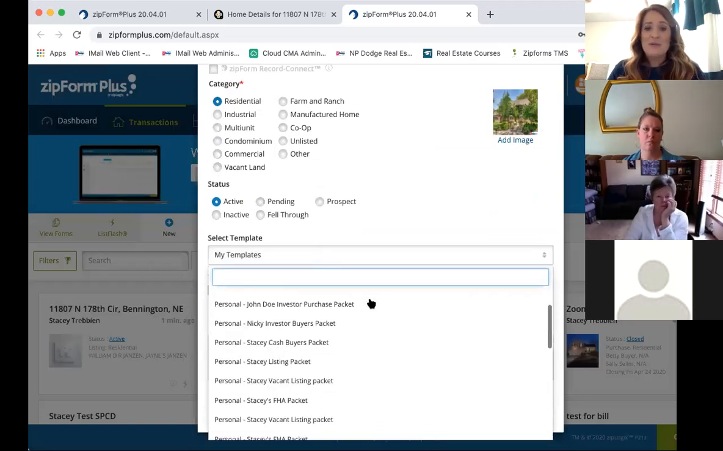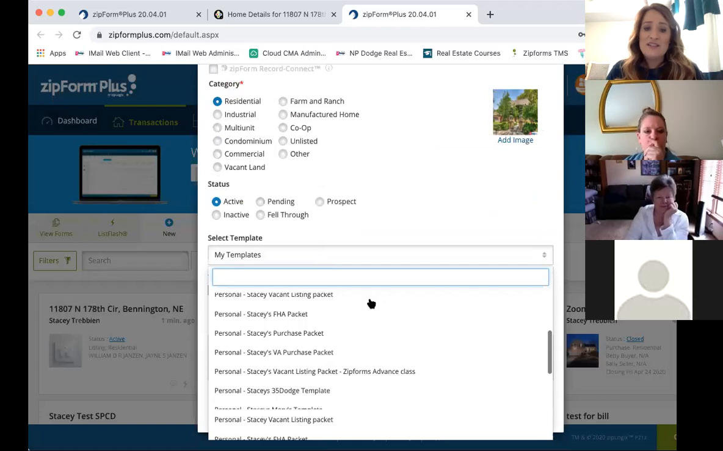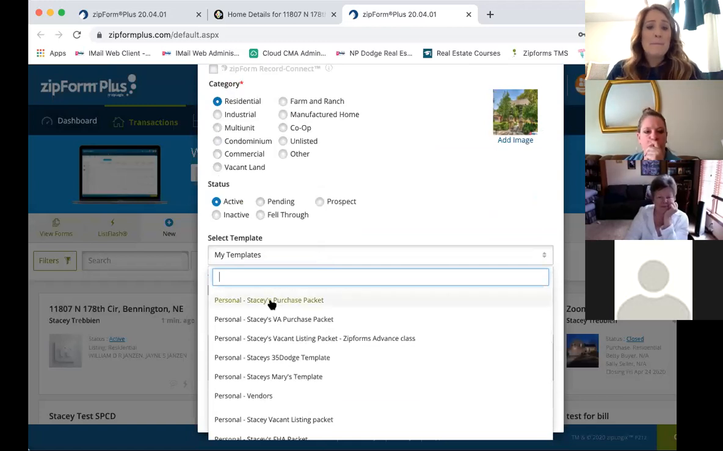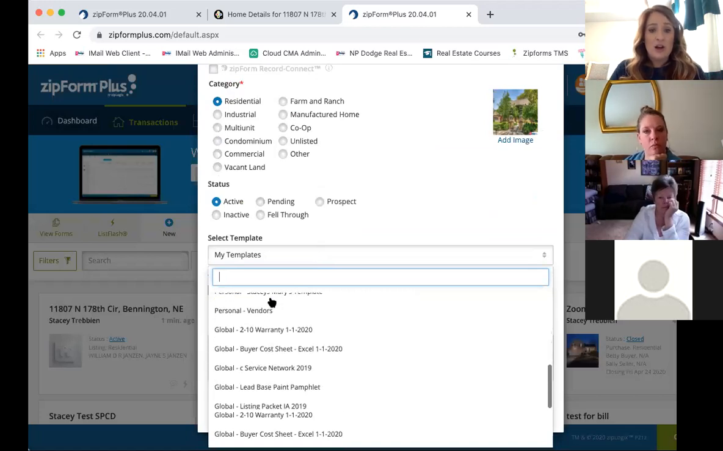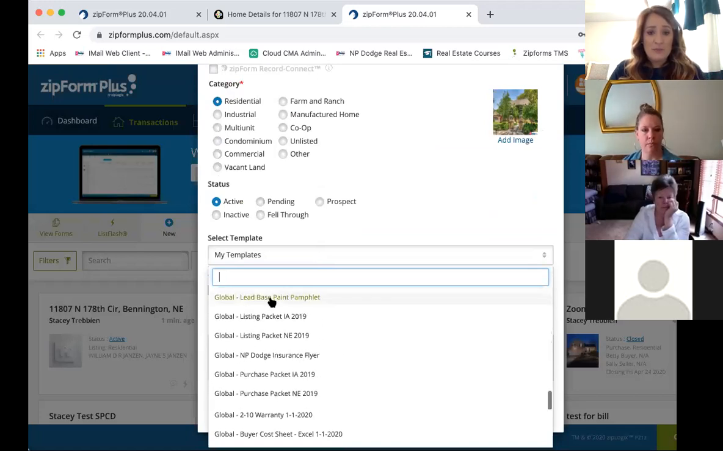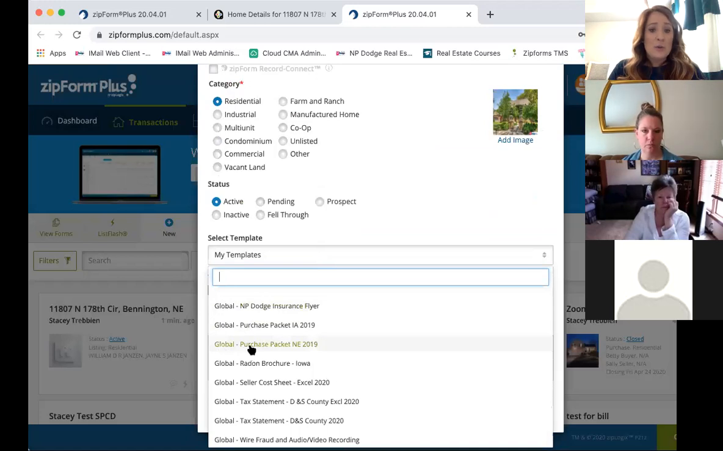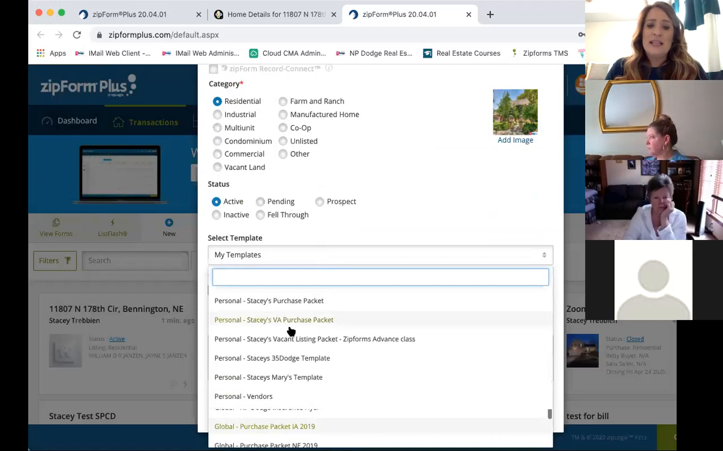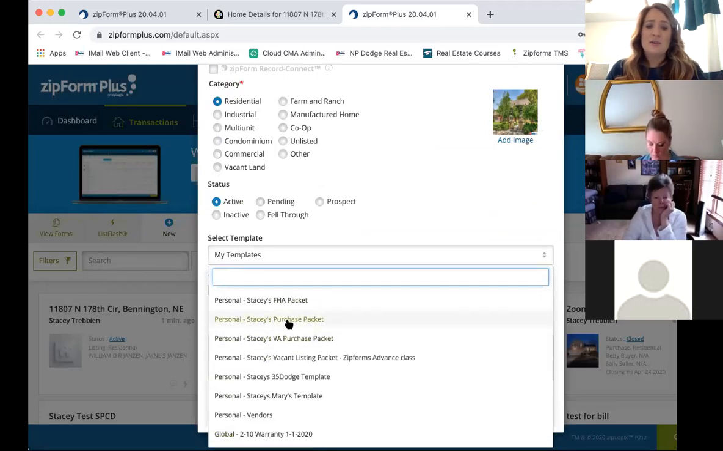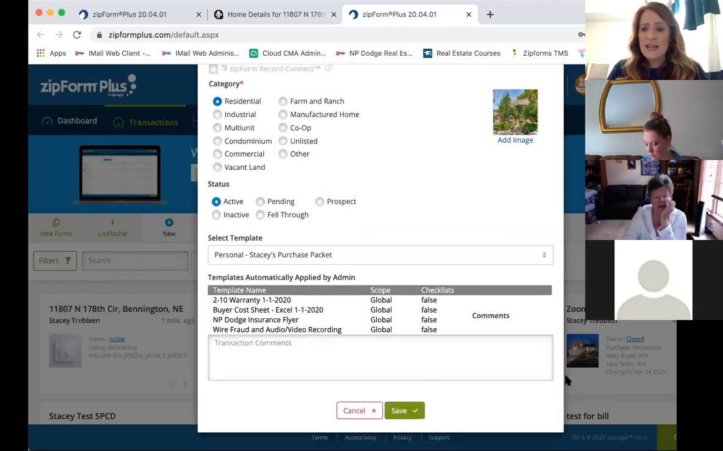Hopefully you've taken the time to build out a buyer's packet of some sort. So I'm going to choose Stacy's purchase packet. Or if you haven't built out your own templates, you can always come down and find the company packets. For instance, global purchase packet Nebraska, that's the same as pulling that blue folder from the wall. Same thing with the Iowa one, but I'm going to use one that I've already created, Stacy's purchase packet. And then I'm going to click